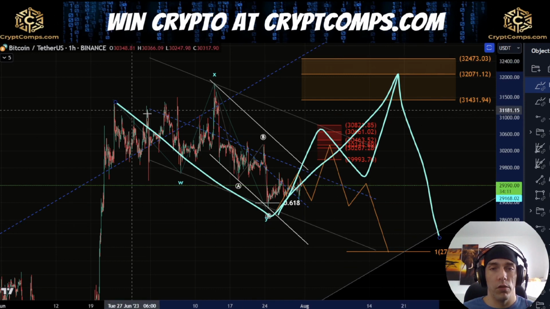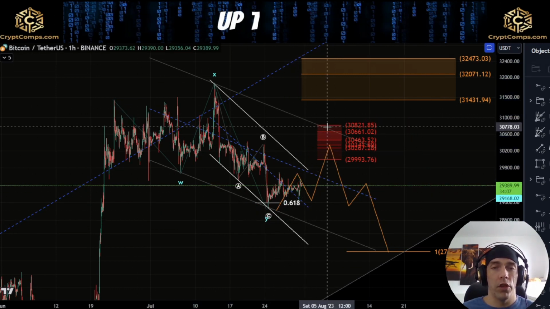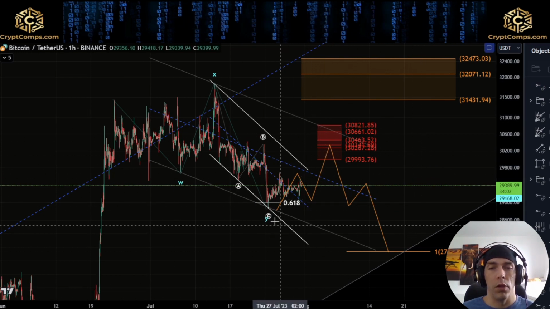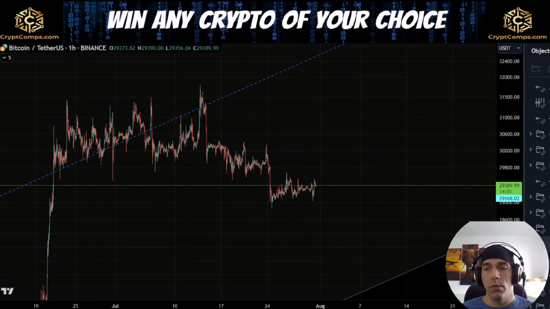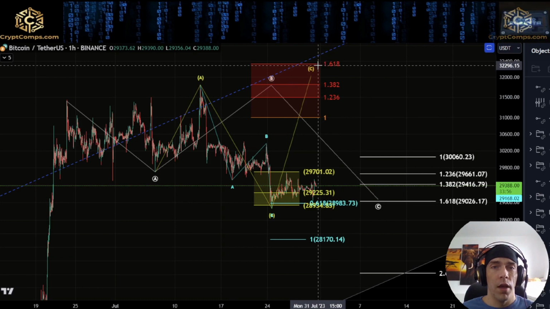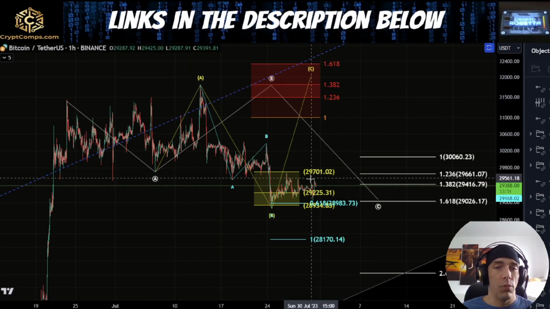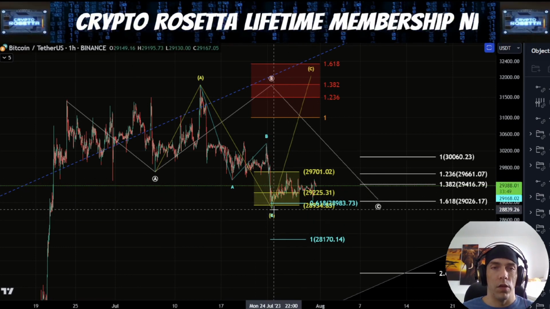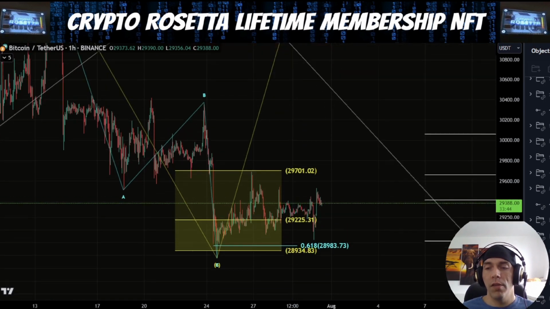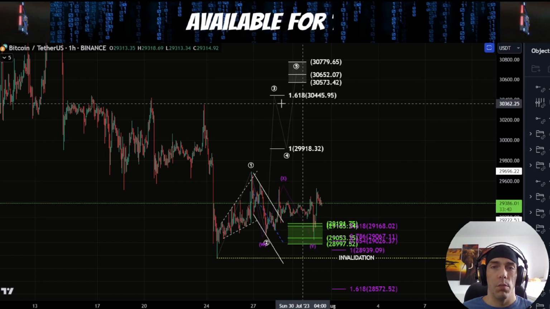So we need to be cautious of this idea that if we just continue to push up in corrective structure here and fail to actually form that impulsive structure, we could just see this develop into a bigger corrective move. Now, we also haven't written off this idea that we could see a C wave to the upside, looking to push back above these highs here, potentially if it's going to be an expanding flat, in which case what we'd be saying is that this is our yellow B wave low here, and we're looking for that 5-wave structure. Though we need to see the actual count starting to play out, because what we want to see is a move above